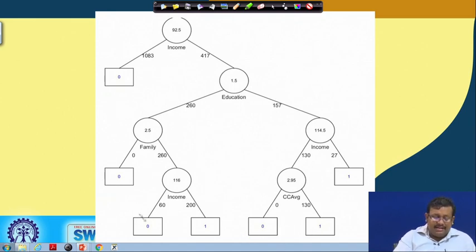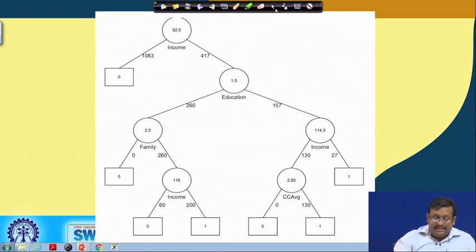Ultimately, the end product is either accept or reject. Reject is 0 and accept is 1. This is how we can differentiate any value. You can see all the observations are differentiated into these individual rules.